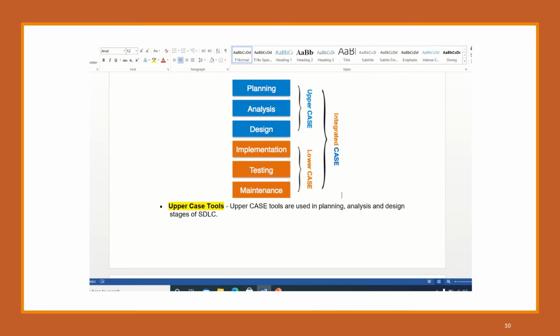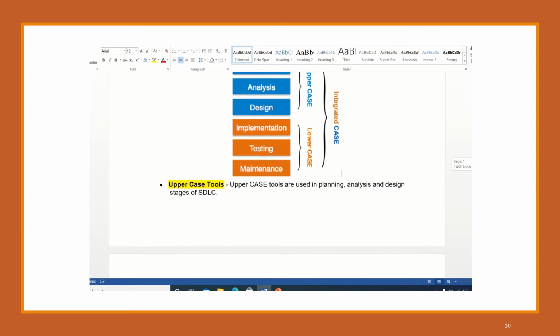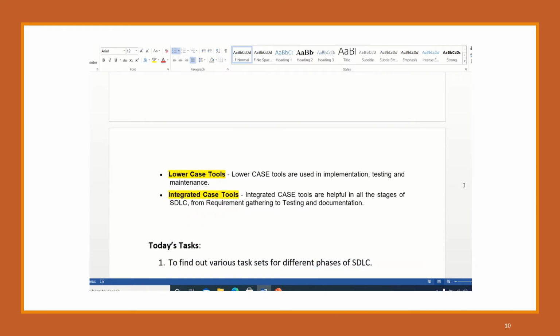So as we have seen, basically upper CASE constitutes the planning, analysis and design stages of SDLC, and likewise you can say that lower CASE tools are used for implementation, testing and maintenance.